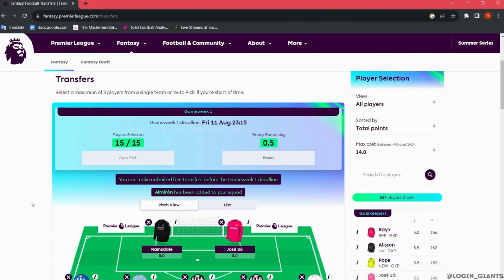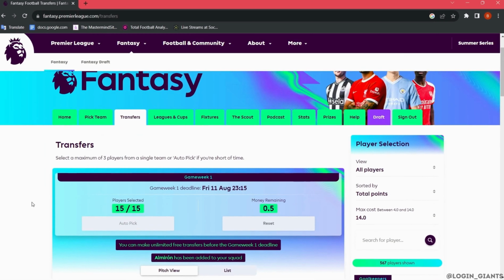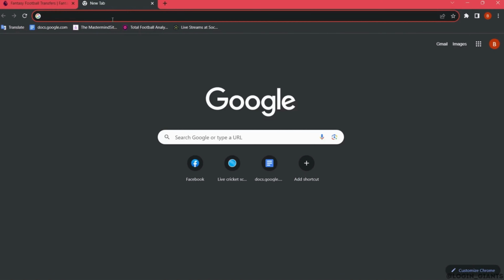So it is almost impossible for you to reset team after the beginning of Premier League or after the game week first starts. So the only option of resetting your team after the game week starts is simply by deleting your Premier League account. And you can do that by going to